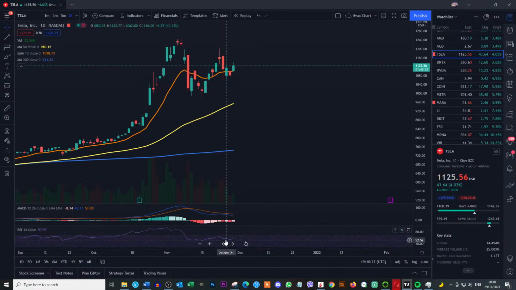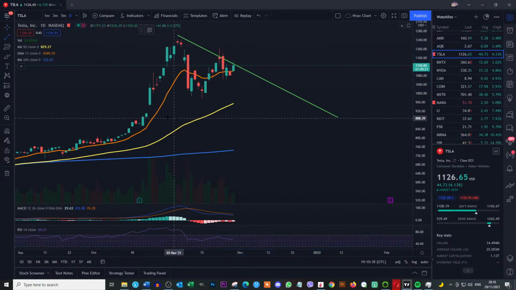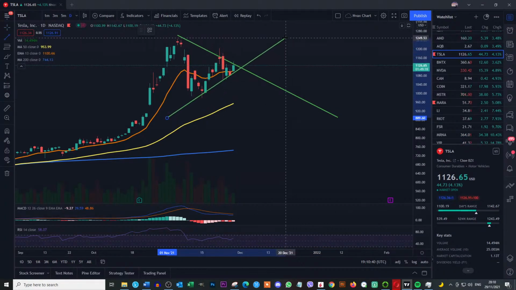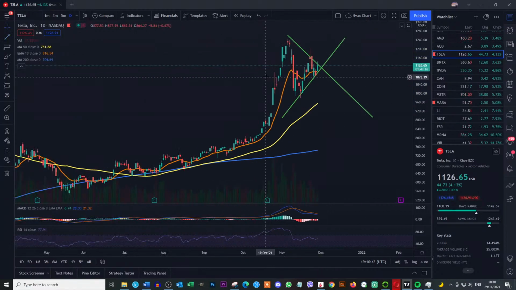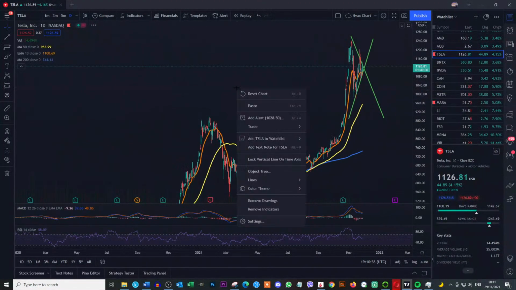Here we see the RSI is very low, but the price is actually still high. We have some lower highs, but we still have some higher lows. So it depends on the market, because Tesla is in the S&P. Here you can see that we have had a big move up, and then a retracement, and then another pull up. So Tesla, we have to remember that Tesla was